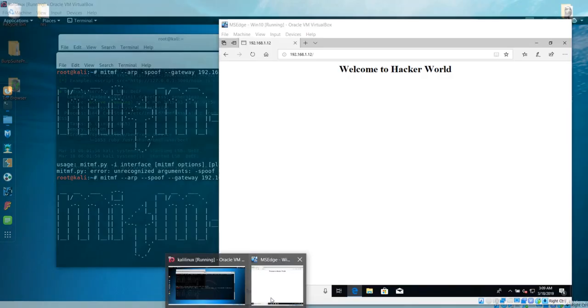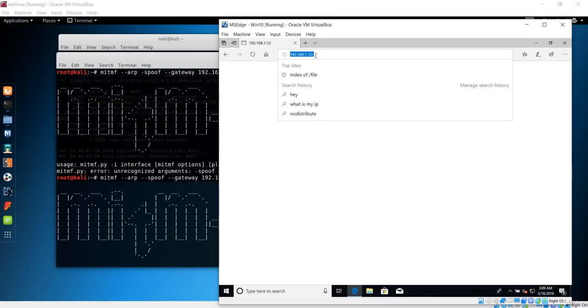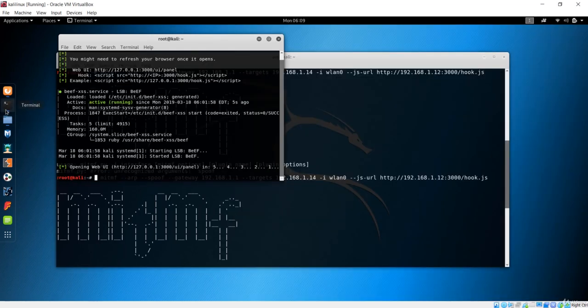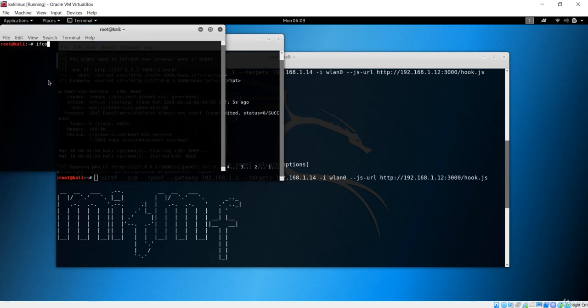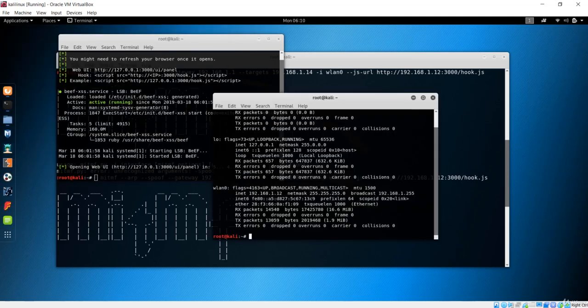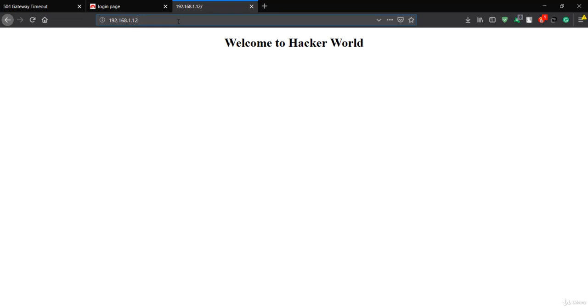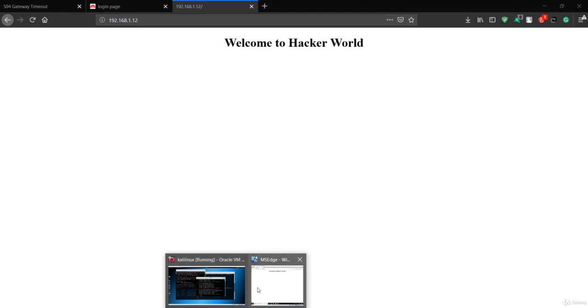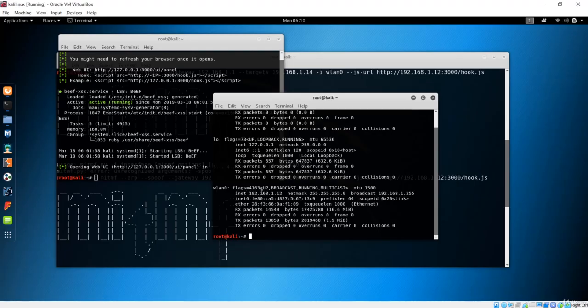So let's go to our MS Edge, and first of all you have to run the web server, and after you run the web server, you just have to go to this link, or basically the IP address of the Kali machine, which is 192.168.1.12 in my case. You can confirm it by using ifconfig. So let's confirm that with ifconfig. After that, what you need to do is go back to our client and enter that IP address. You can confirm the IP address is right here, 192.168.1.12, which is the IP address of this Kali machine.